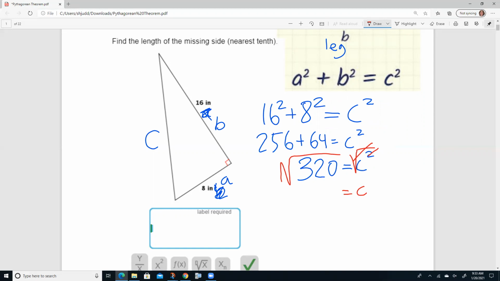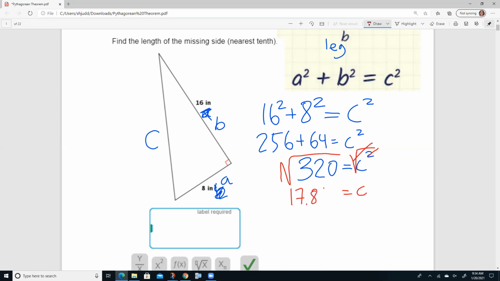I need to convert that into a decimal. I'm going to enter into my calculator, square root of 320. My calculator will give me